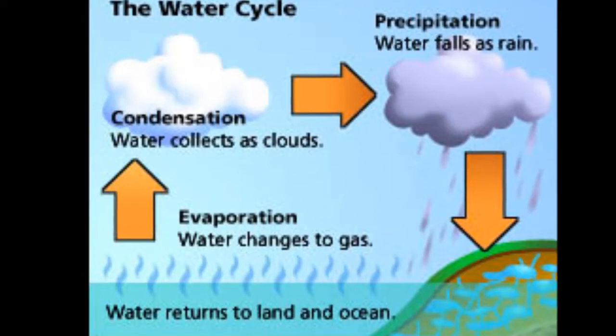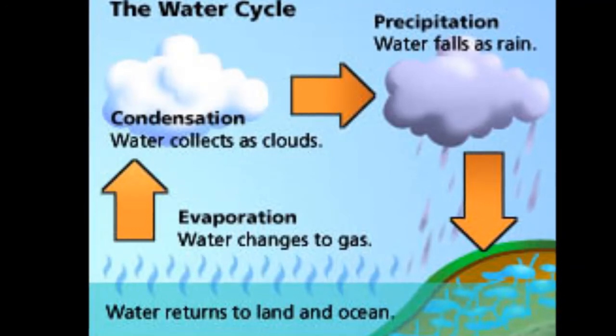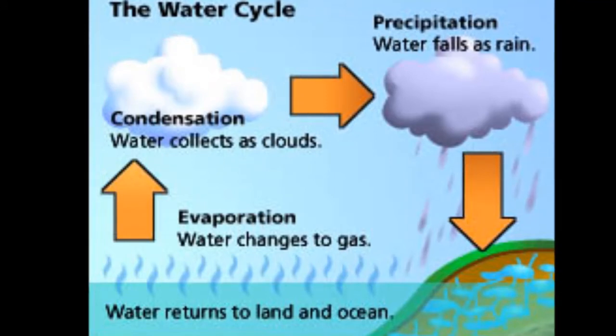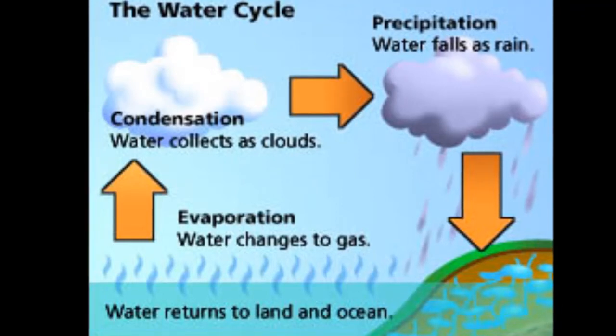Water changes to gas. Then it goes higher because water vapor is lighter than air until it gets to a point where it is so cold that the water condenses into droplets, very small droplets, but it becomes visible, and that's how we see